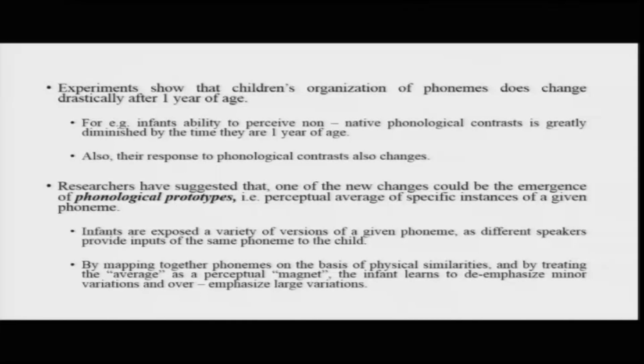So, what the child does is it stores a perceptual average of all of the pa's that it hears, creates a sort of perceptual magnet, and then stores minor variations from this magnet as being in the same category. If the variations are more than a particular threshold, then the child would categorize this as a separate sound altogether. So pa, all of that will probably be in the same category, but as soon as pa goes to ba, a new category is born. So it distinguishes between these two categories very well.